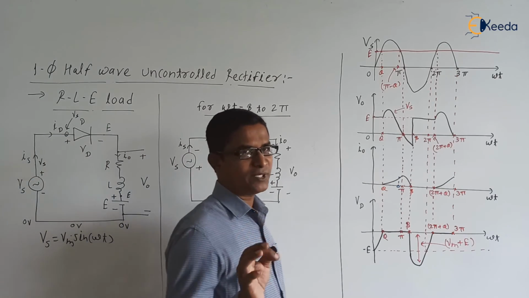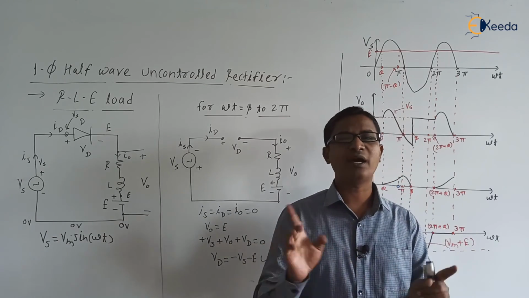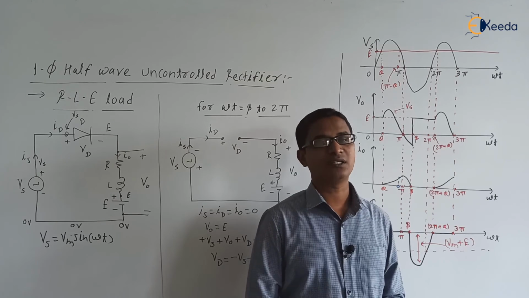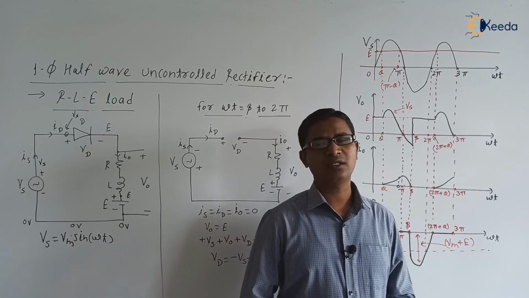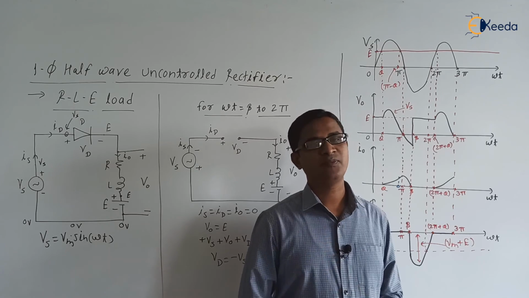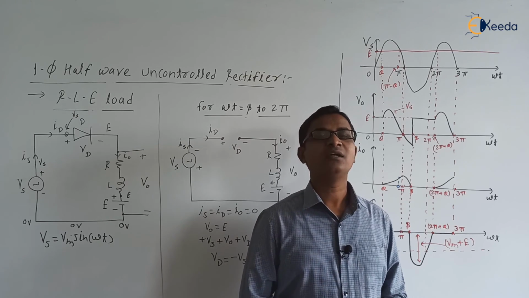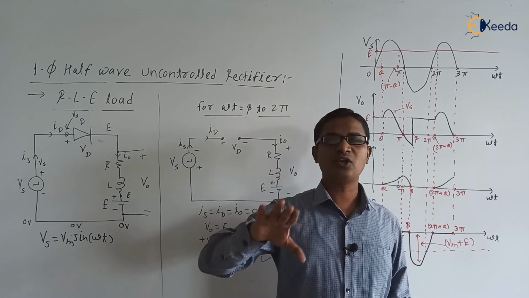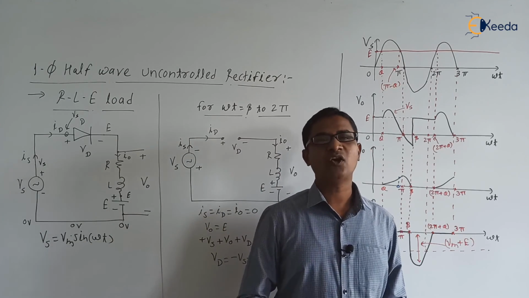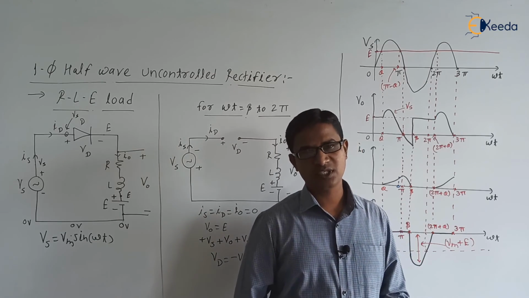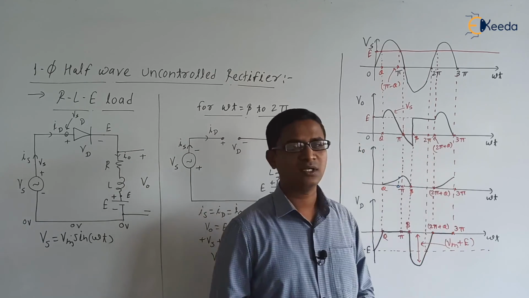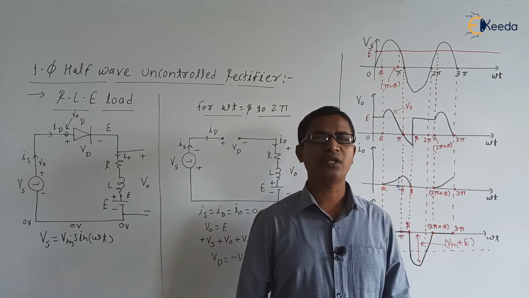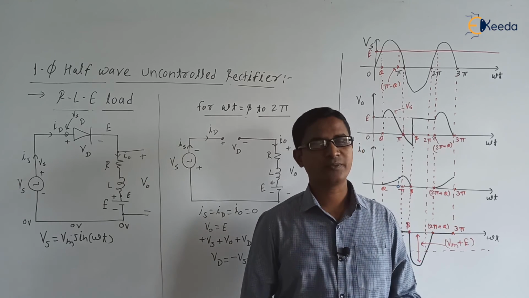Please try to understand the difference between RE load and RLE load. In the case of RLE load, we need to consider the effect of inductance and the tendency of the inductance. The inductor is the element which opposes the change in the current. But how does the inductor oppose the change in the current? Whatever energy is stored by the inductor will be released in opposition to the supply as well as the EMF, in order to oppose the change in the current. Is this clear? So here we have discussed the circuit operation of RLE load. In the next video we are going to derive the expressions for RLE load. Thank you.